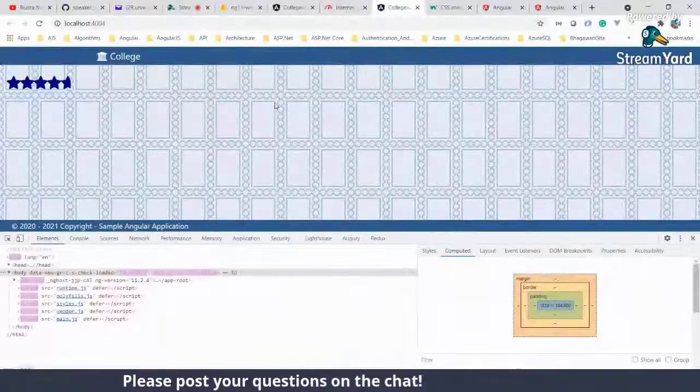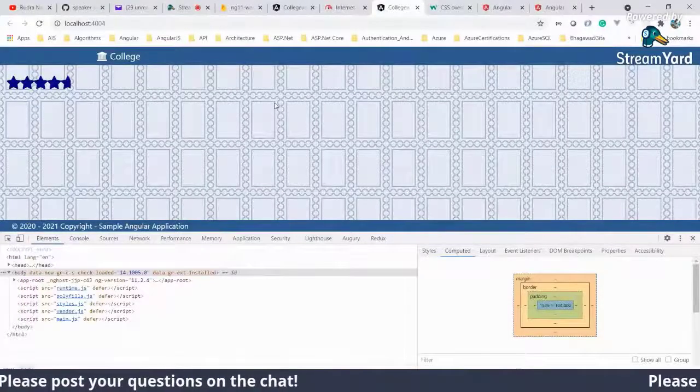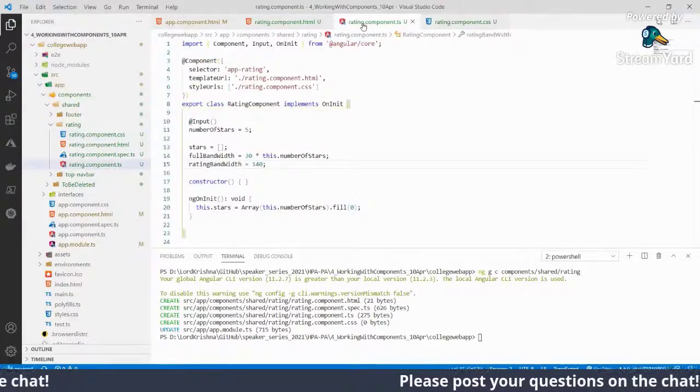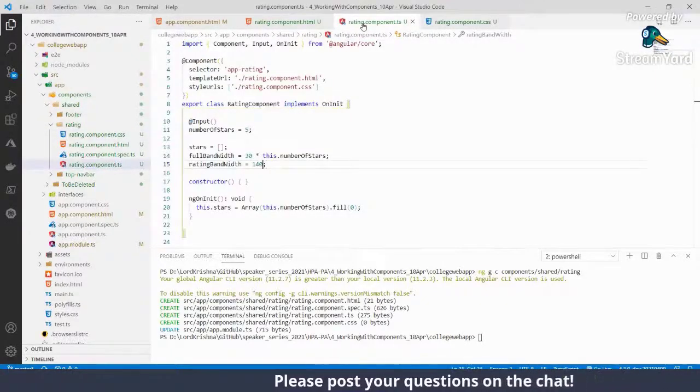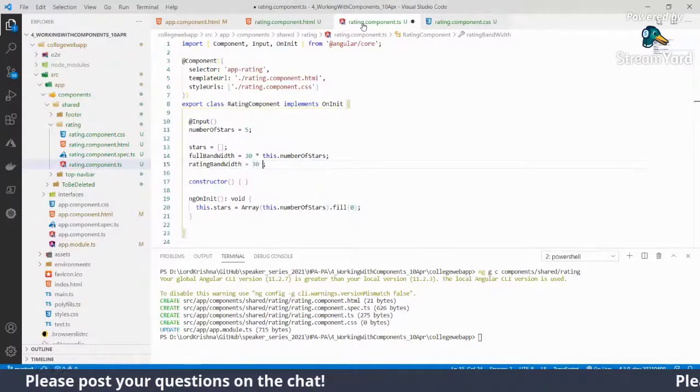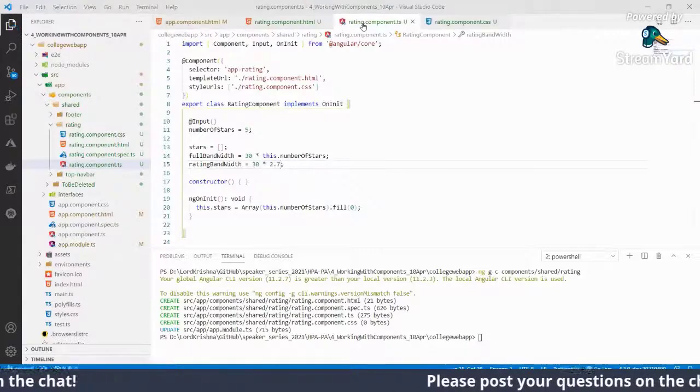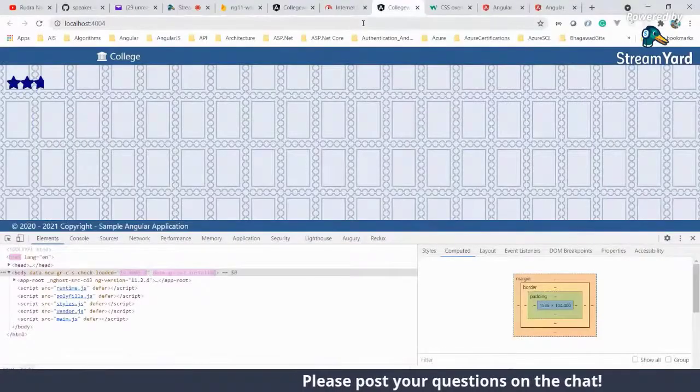Based on the width, whatever the rating is, say someone has given 3.6 as a rating, we know that 30 pixels is for 1 star. If the rating is 2.7, now if you come in here, that's the rating 2.7.